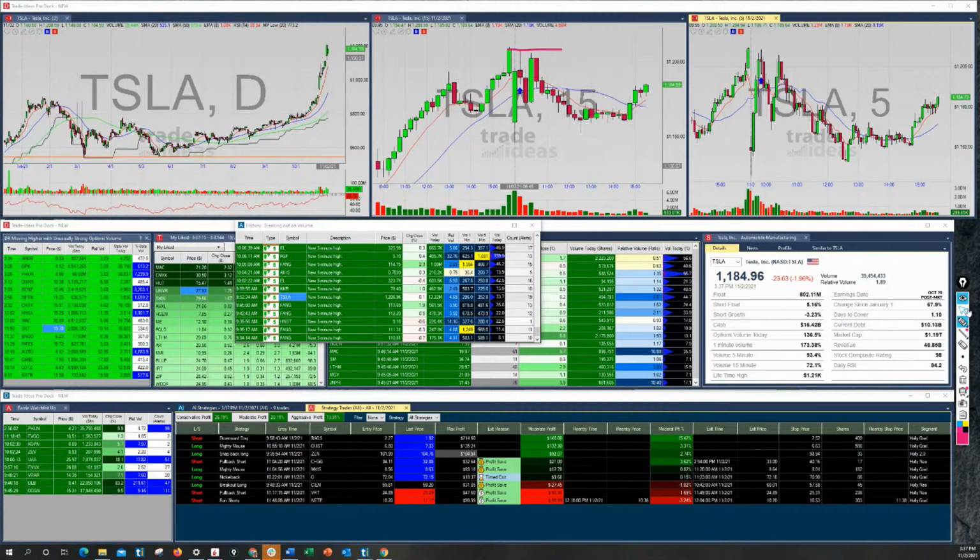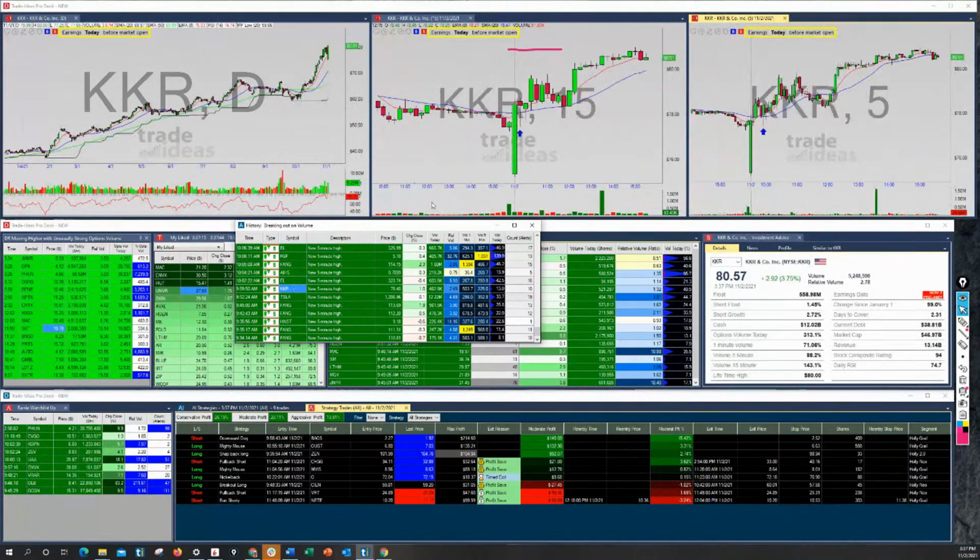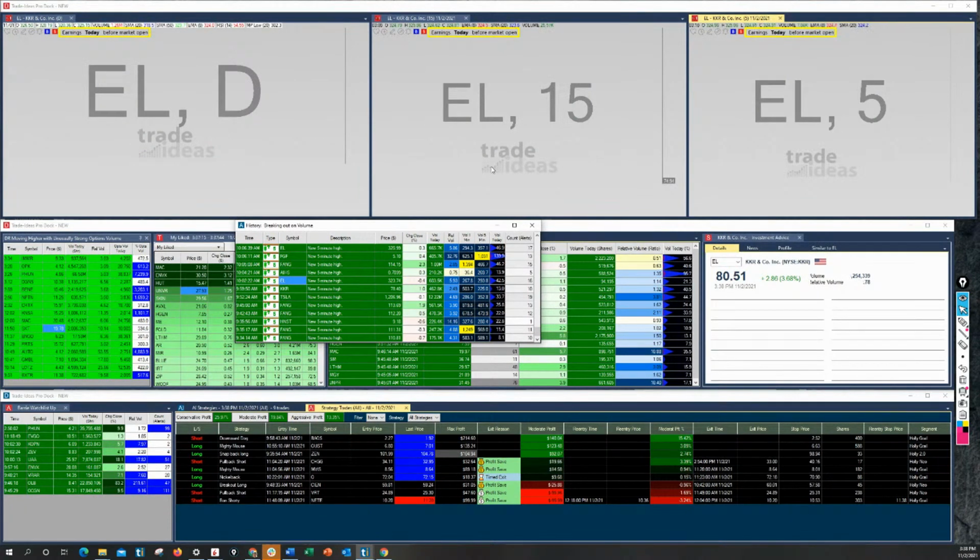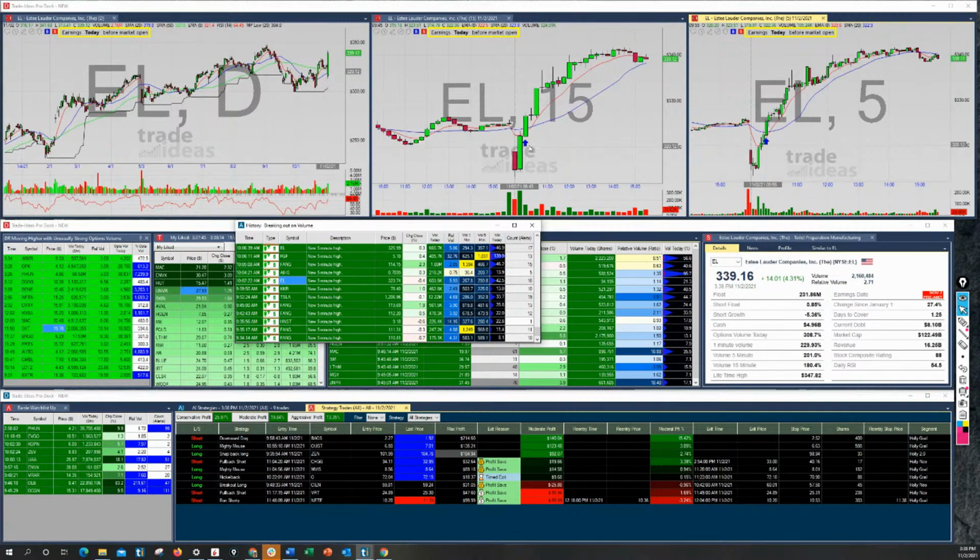All right, so now this is where we get into the nitty gritty of trying to look for stocks doing what we want to do. Of course, we're turning ideas and what the idea is going to go from there. So here's a reversal. All right. That's a big time reversal right there.